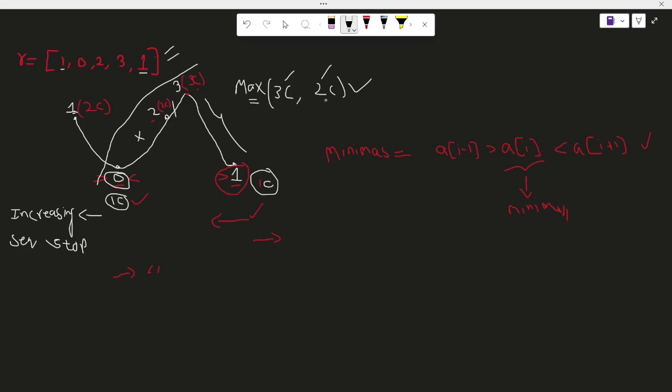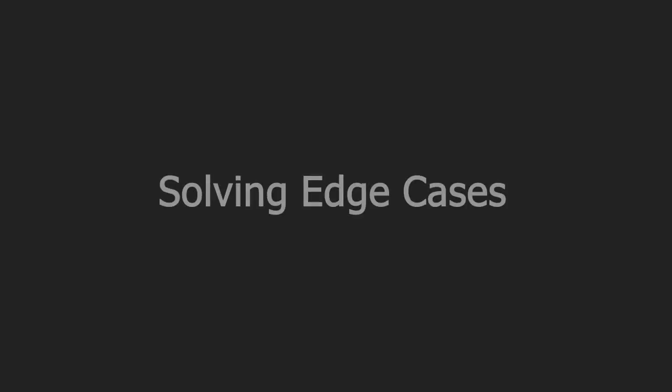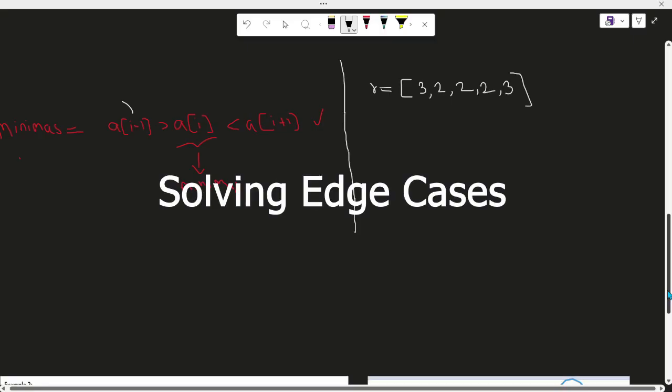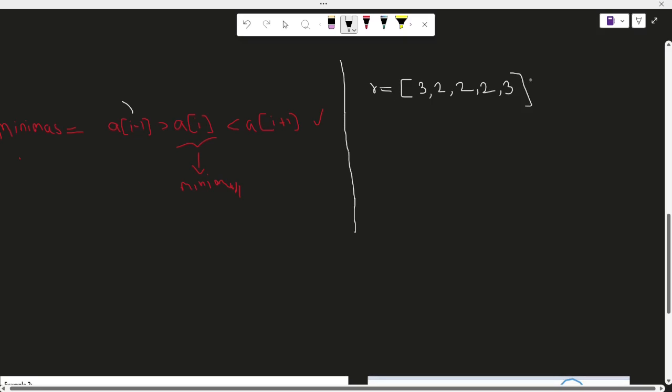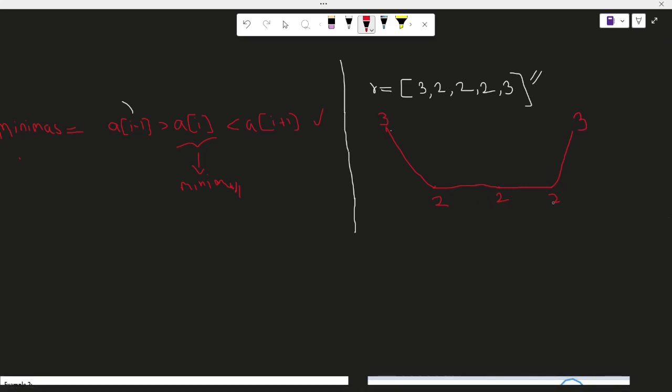To solve this problem, we'll use this approach. There is a special case where, for the given example, some part of the curve looks like a flat line. So first we have point 3. The next point is 2, and the next point is equal to the previous element, again 2. So this part of the curve looks like a straight line. So now how to handle this? Again, after plotting the curve, the next thing we will be doing is finding out